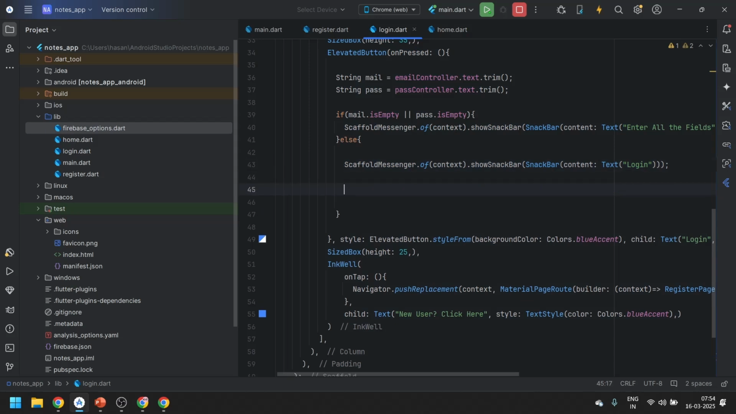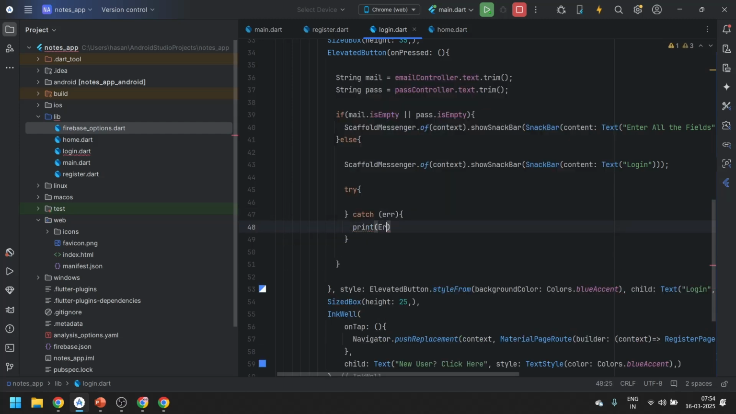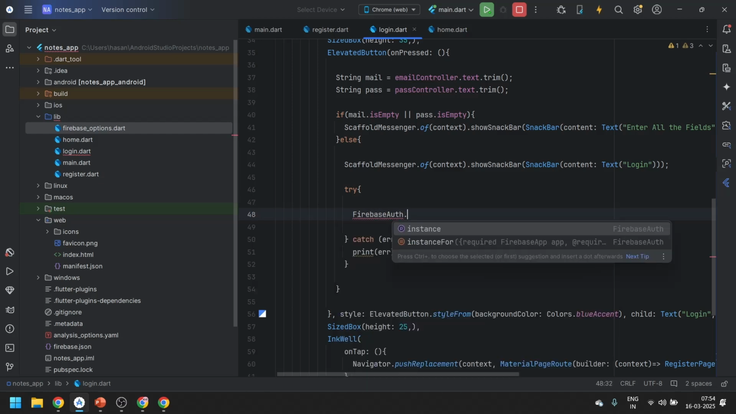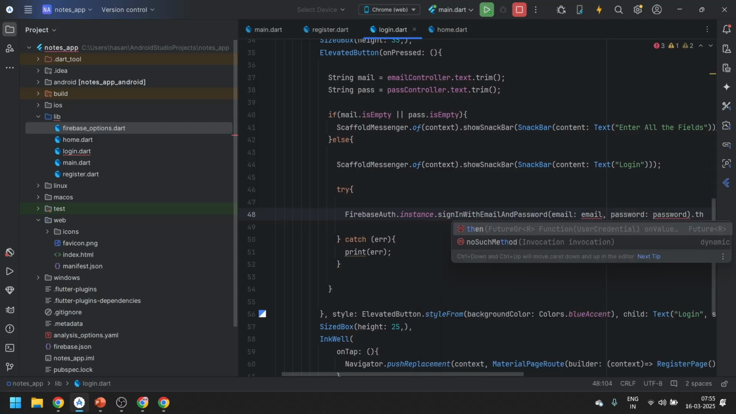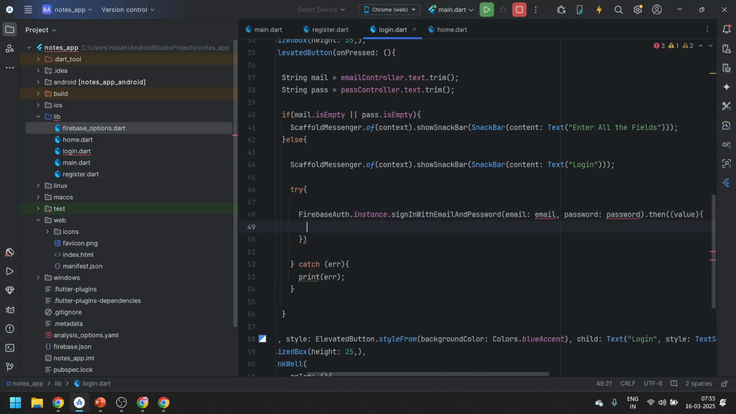Similarly with login also, just go and write try. Just write catch for now, and print the error. Okay, so in the try block, what are we going to do? We are going to use FirebaseAuth.instance.signIn. This is more convenient, and similarly we can use that method. Just write the then method